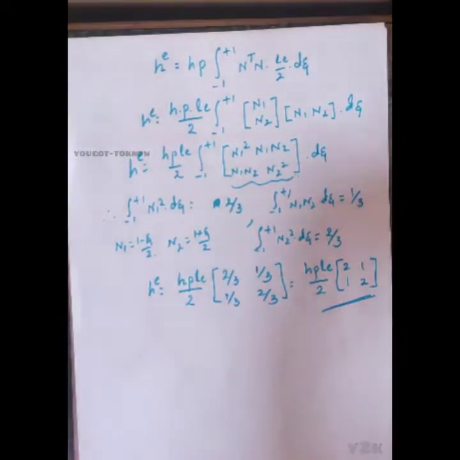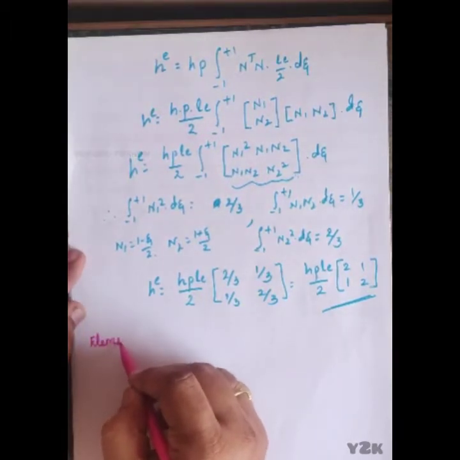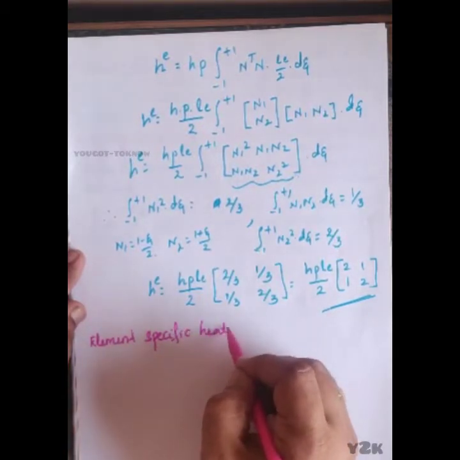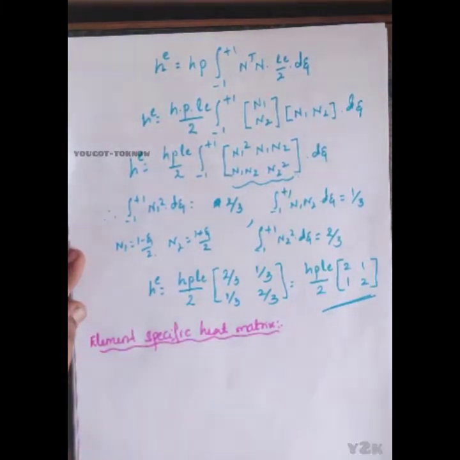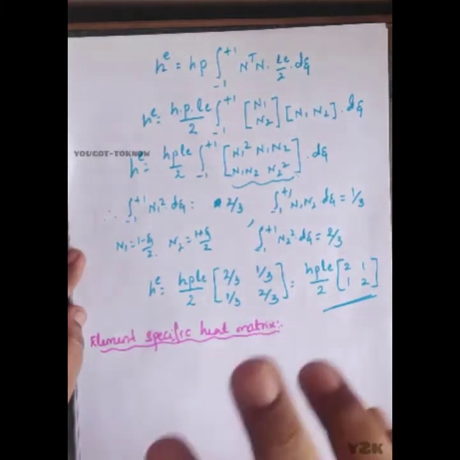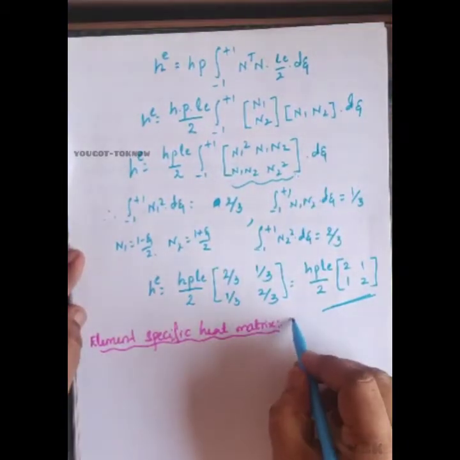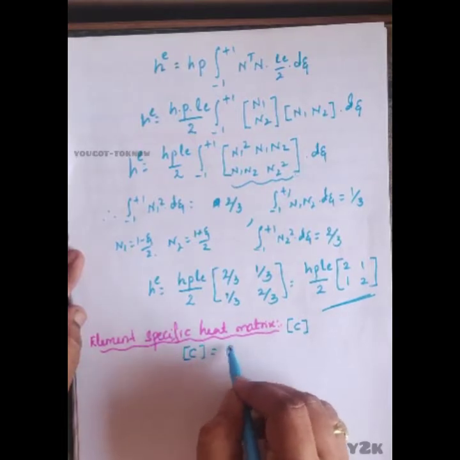Now what is one more thing here? You want to get the element specific heat matrix. Previously we discussed the energy balance equation, E in, E out. From conduction we get the conductive matrix, and from the fin being exposed to surfaces or liquid we get the convective matrix. Then the specific heat matrix is nothing but C, but in this problem C is not given, so the C matrix will be equal to 0.